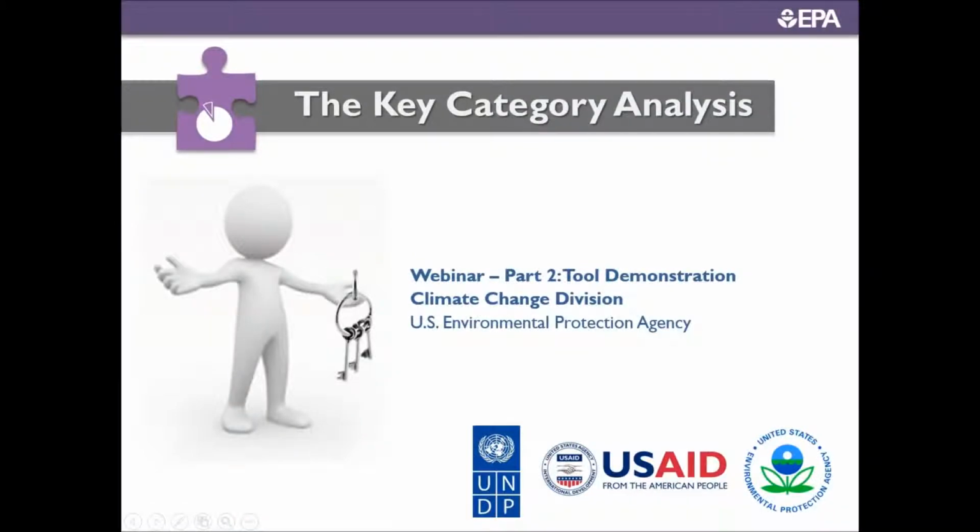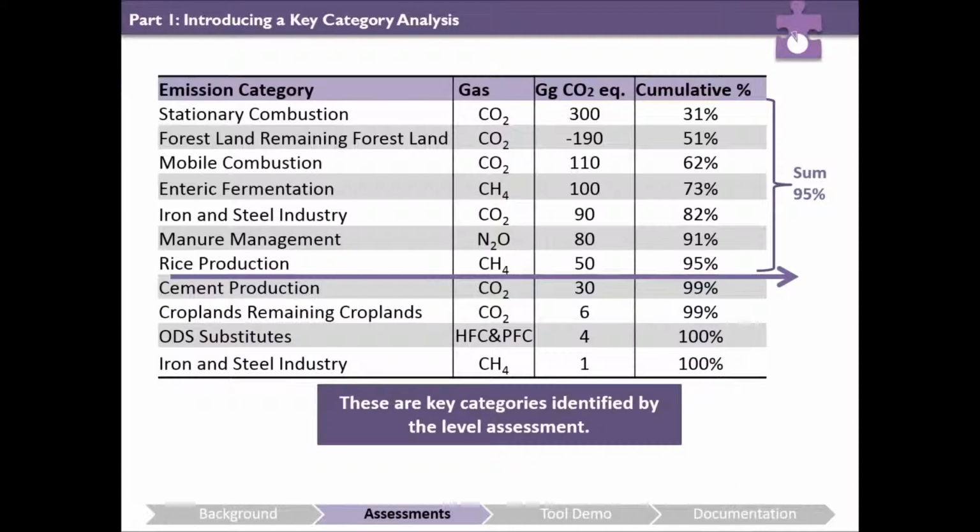This is part 2 of a webinar produced by the U.S. Environmental Protection Agency, or EPA, to help you understand and conduct a key category analysis, abbreviated as a KCA. The first part introduced the concept of a KCA and provided background information. In this second part, we will walk you through conducting a KCA using EPA's KCA tool and emission estimates from